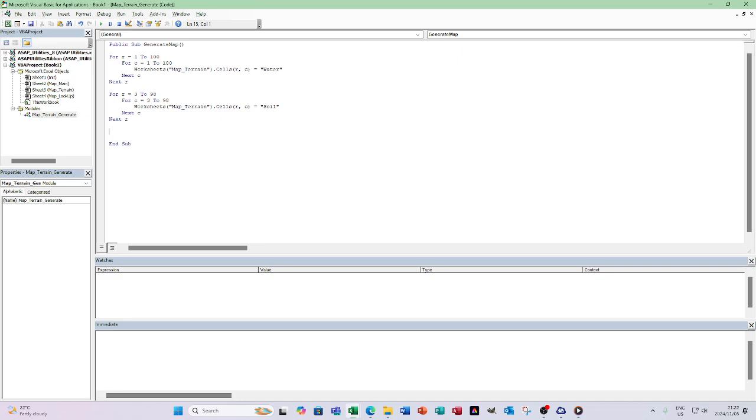And I'm going to do the same thing, again making it a little bit smaller. I'm going to take it to 95. And this is going to be my grass. So it's a very simple map that we're generating here. I'm going to run the code,